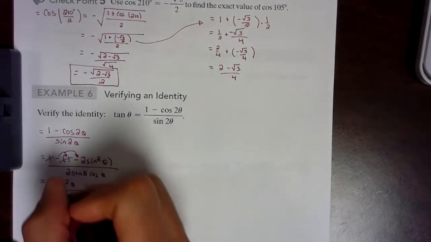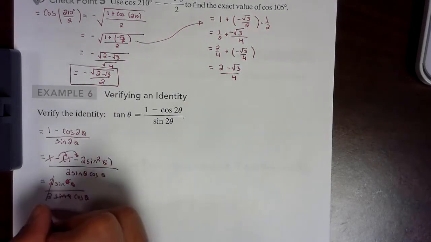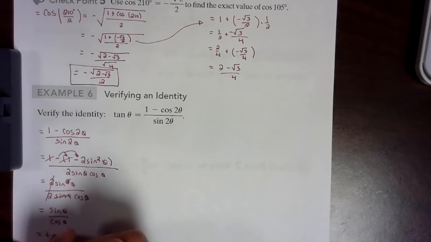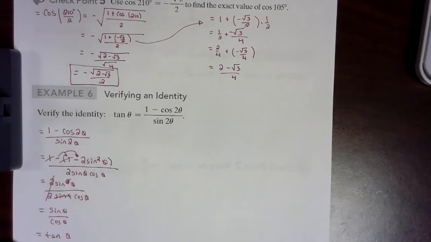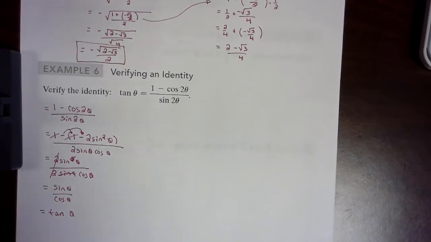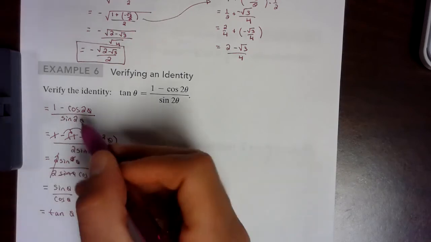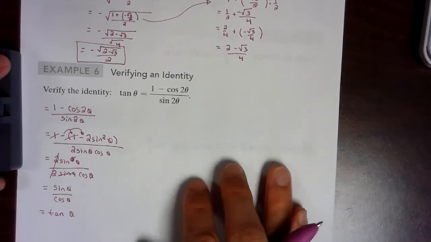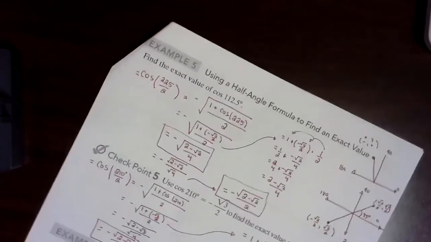One sine of theta cancels out with one other sine of theta. And so I just have sine of theta divided by cosine of theta, which is exactly what I was trying to get to, which is equal to tangent of theta. So a little bit quicker identity, but again, the trick is which of those double angle formulas for cosine do we want to use? Well, I'm going to let you try to apply that thinking process as you work to